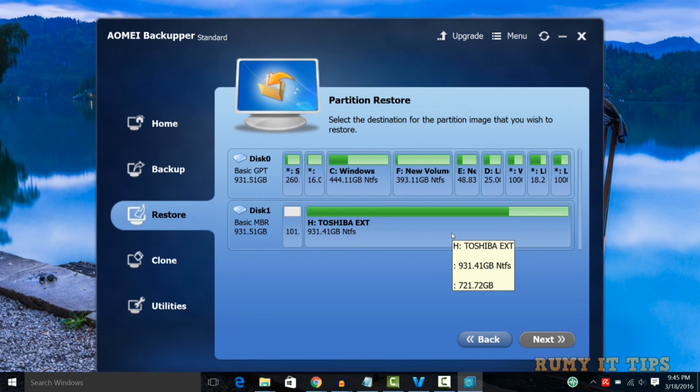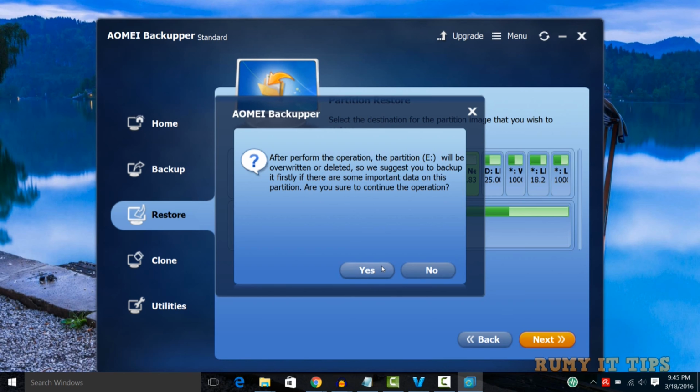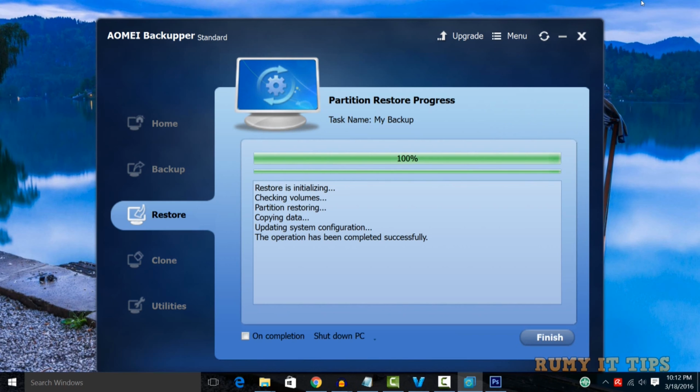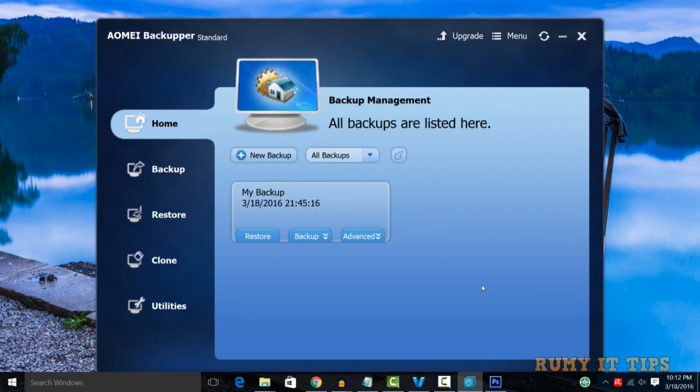Now you need to choose your destination where you want to restore it. In my case, I want to restore to my E drive, and remember that data will be erased. If there is any data, remove it, or make a clean partition, so it will restore easily. And it's restoring within 5 minutes. My 10 GB of data is restored, and for me it's really the best. I tried many freewares, but this one is the best one.